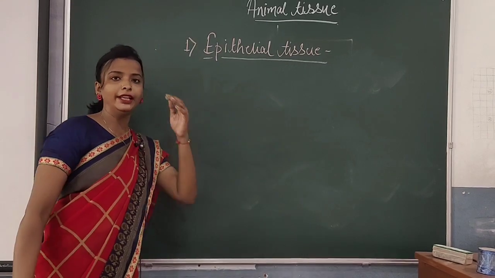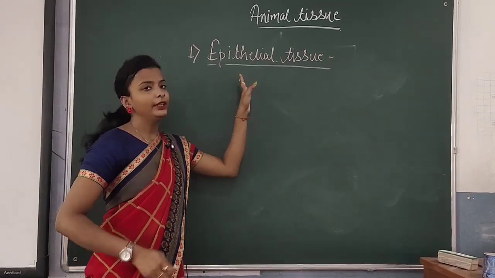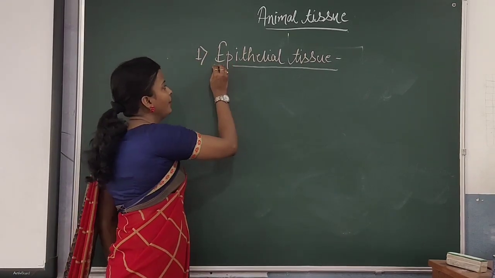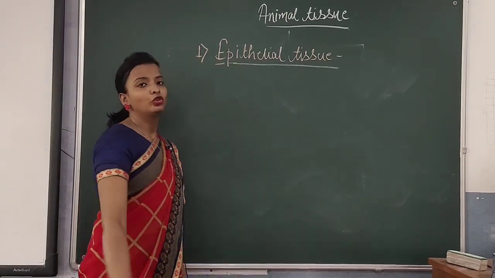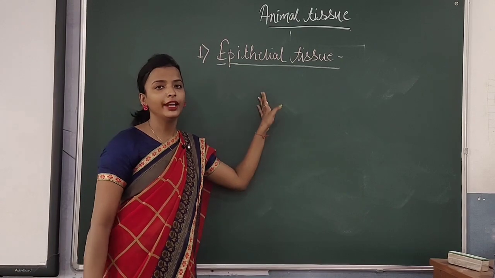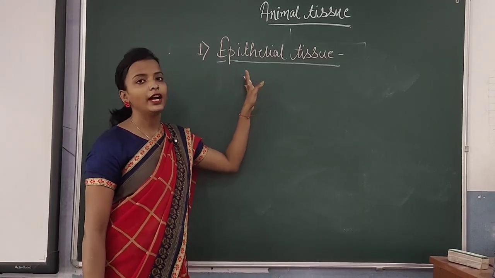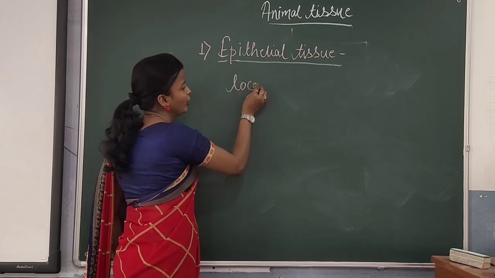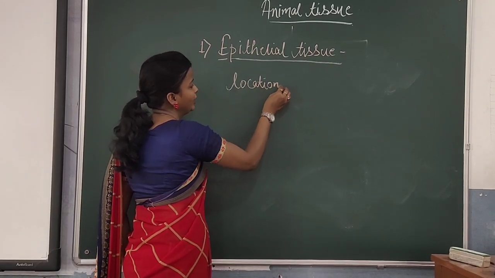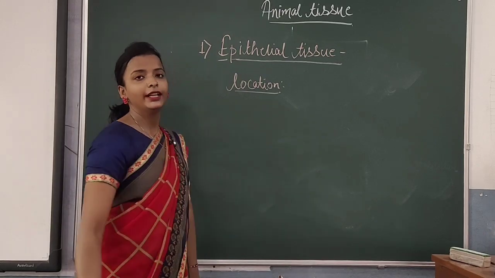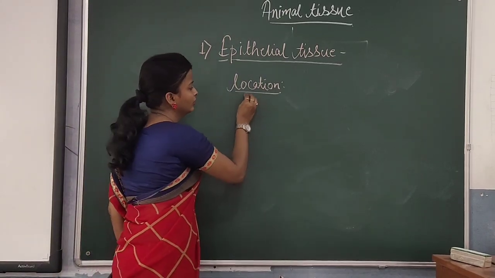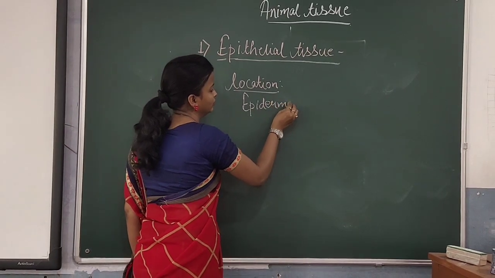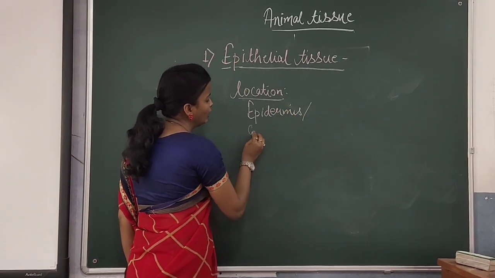First one is epithelial tissue. Now, epithelial tissue is derived from the word epidermis. Epidermis. So, it is present on the outer layer of our skin. So, its location is, when you talk about the location of the epithelial cells, they are present at the epidermis or outer layer